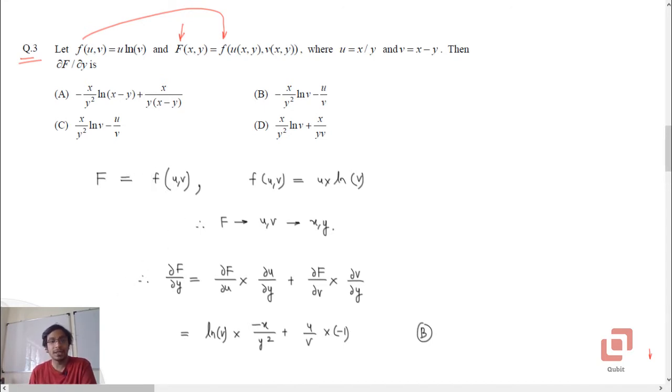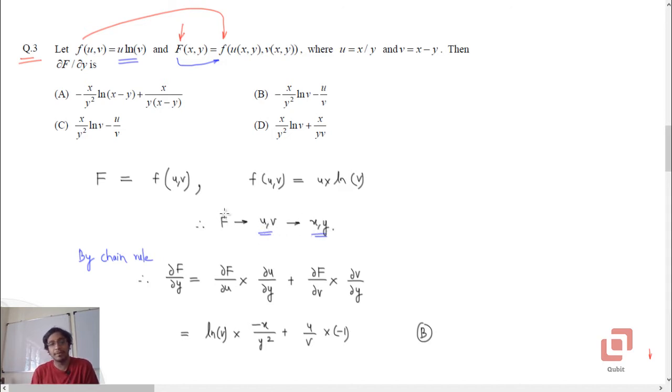Alright, so we first start by writing down the function's definition. It is given that uppercase F is actually a function of u, v, which is u times log of v. So f of u comma v is u times log of v, and now we draw this arrow diagram. F is a function of u and v, and through u and v it is a function of x and y, because both u and v themselves are functions of x and y. Therefore, by chain rule, if we want to find the partial derivative of f with respect to y, we will connect y and f through as many ways as possible.